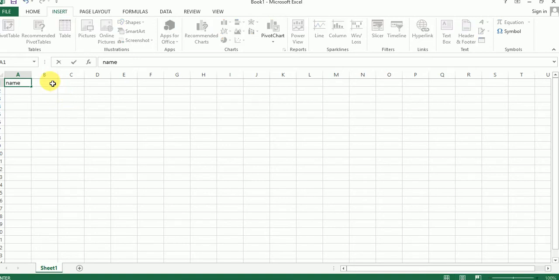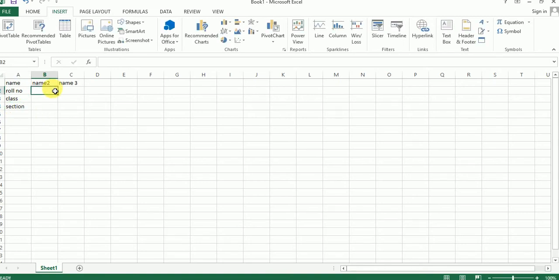Name 2, name 3. And column, row, roll number, class, section.